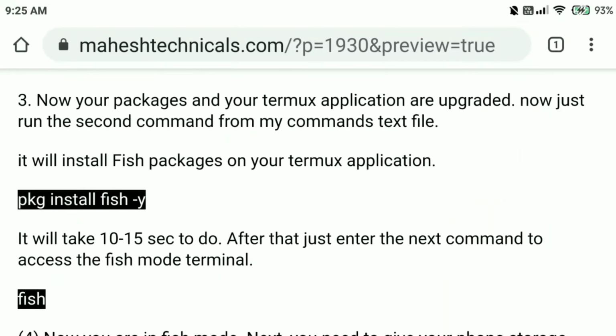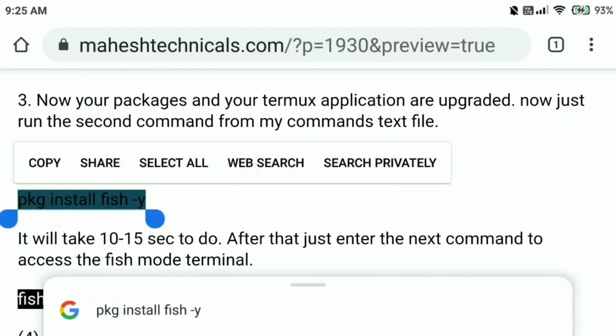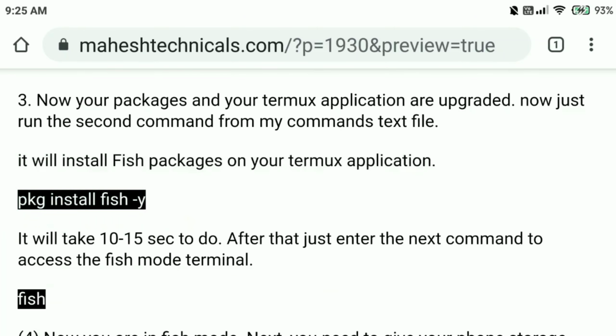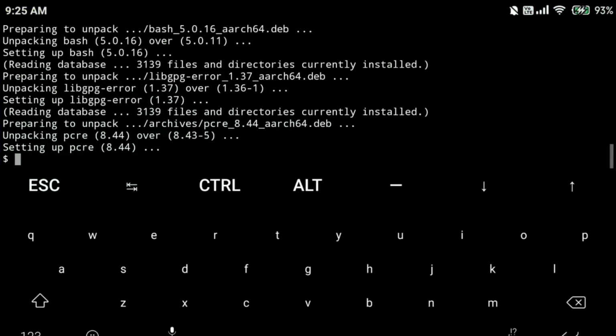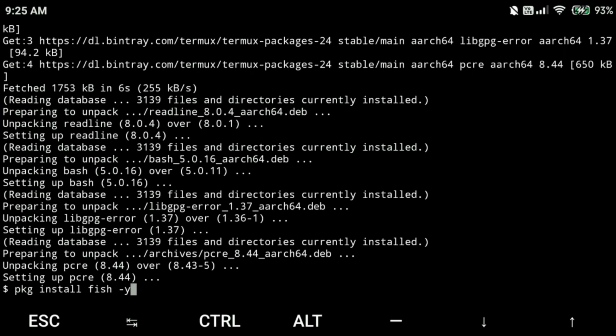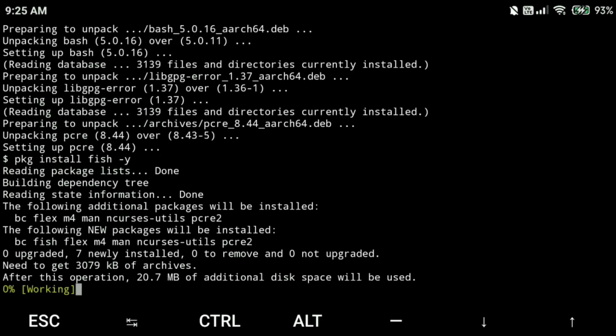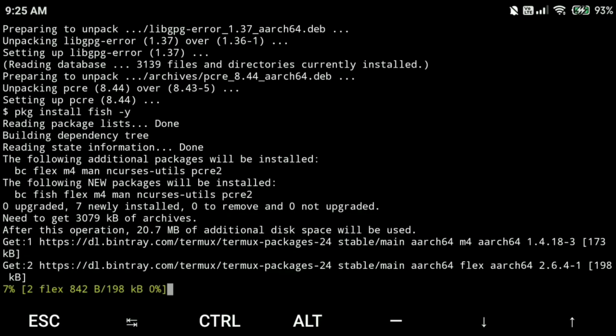Now the next step is to install the fish package on your Termux. Copy that command, paste it here and press enter. It will install the fish package in your Termux.